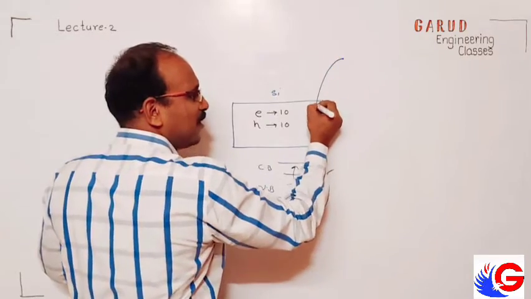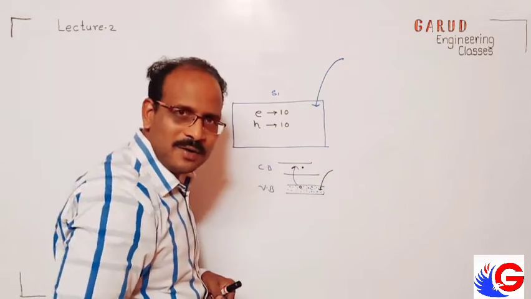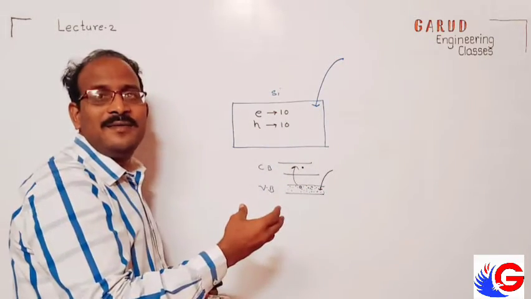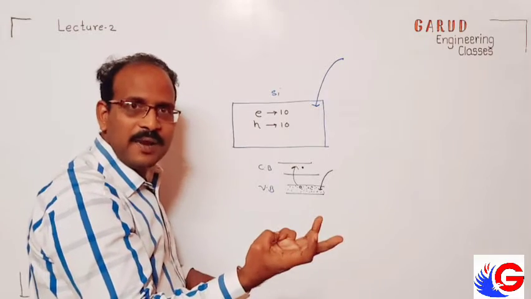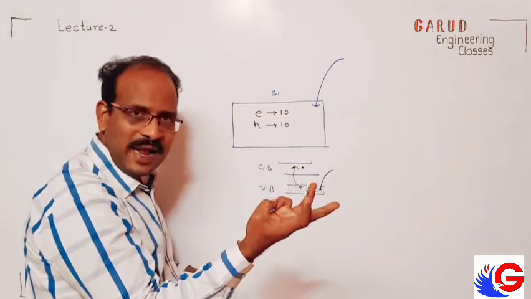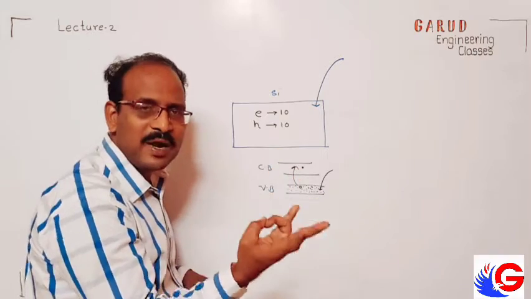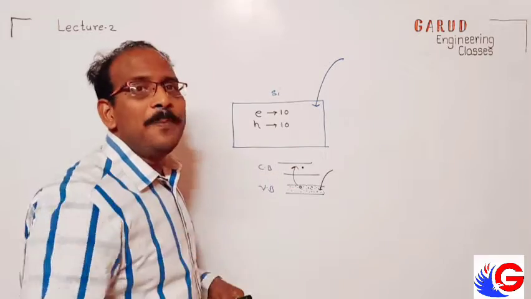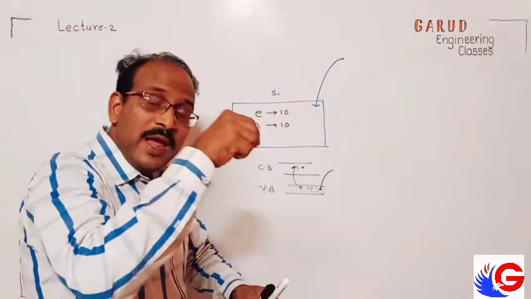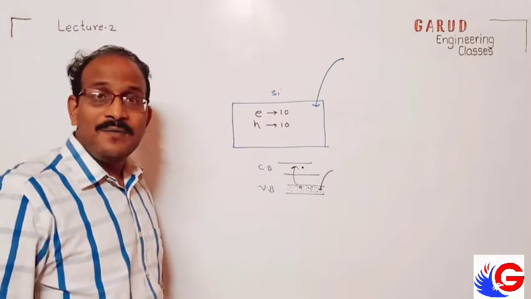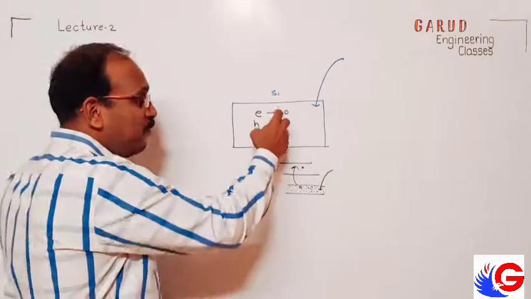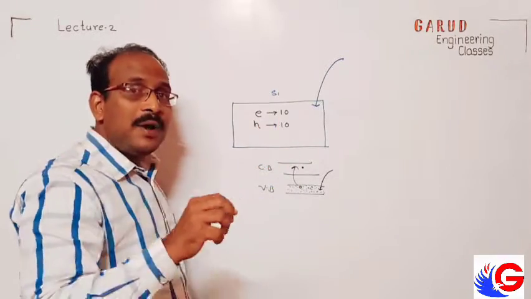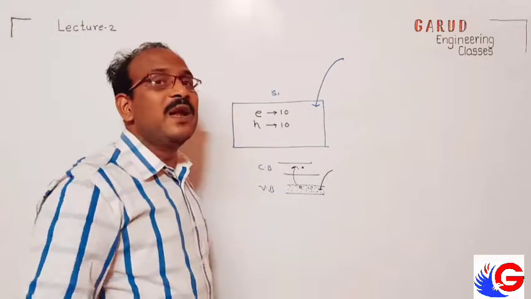Now, interesting thing. If I add some impurity, this is called doping. Doping is adding impurity into the pure semiconductor. We can add either a trivalent impurity or a pentavalent impurity. If I add a pentavalent impurity, it will be N type material. That is not an electron-hole pair. We will be adding one extra impurity into that. We are not creating a pair. Heat will generate electron-hole pairs, but doping will not create pairs.